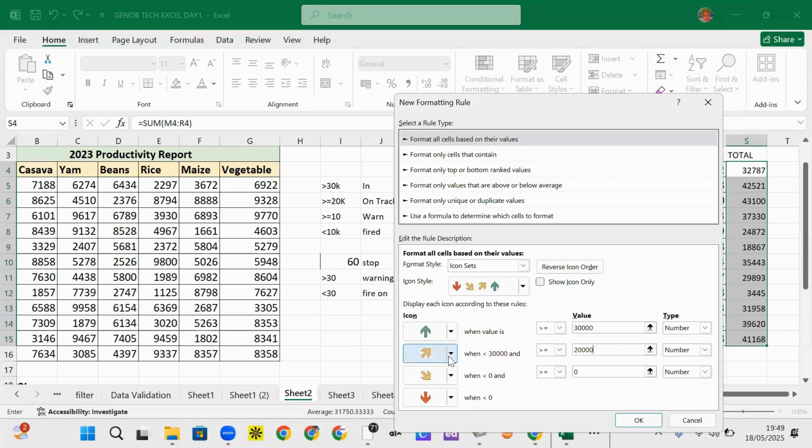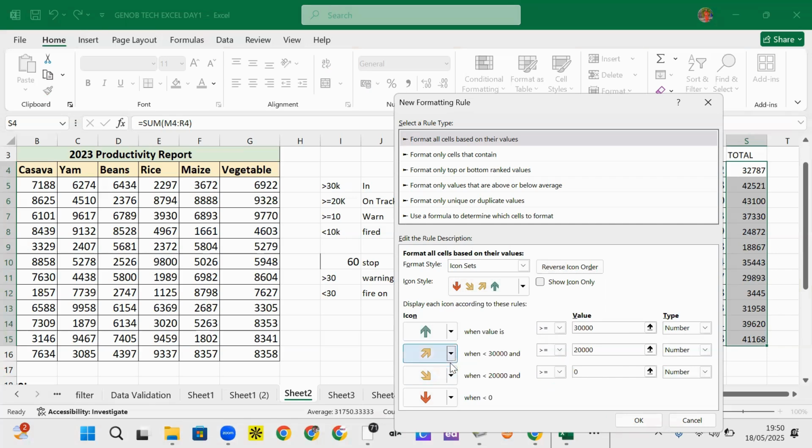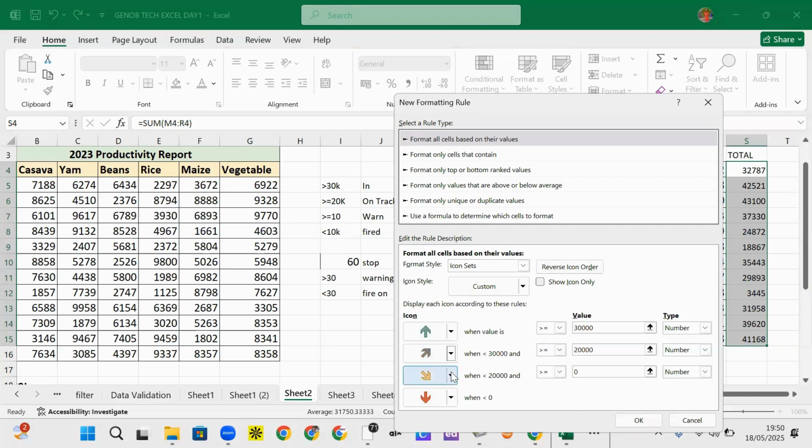Warning. So do not forget, we can also change this icon like this. This one already yellow is okay. Or let's change, if we can see anyone that is rising with green, or let's use this one here. And this one yellow, this one red, okay? Then here is greater than or equal to 20K, and here is what? 10K. 10K means if it's greater than or equal to 10K, we'll give you warning, which is this yellow